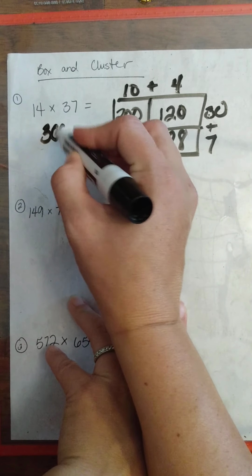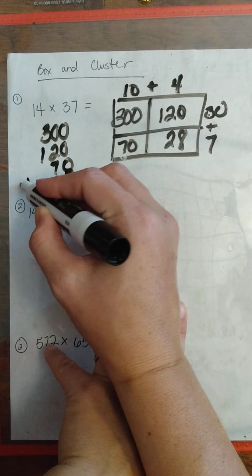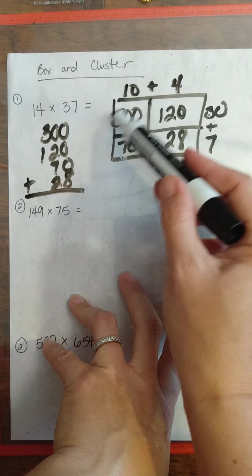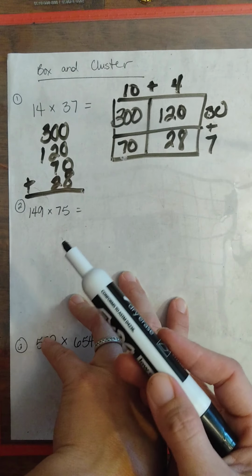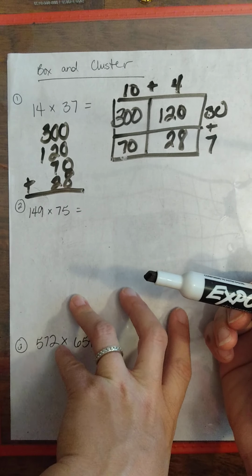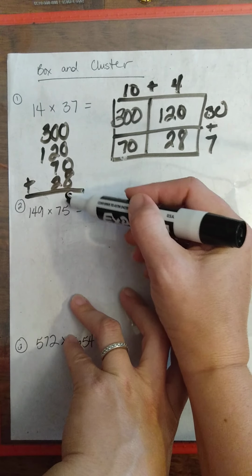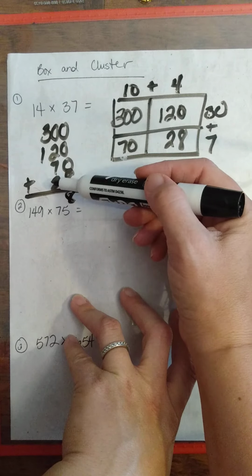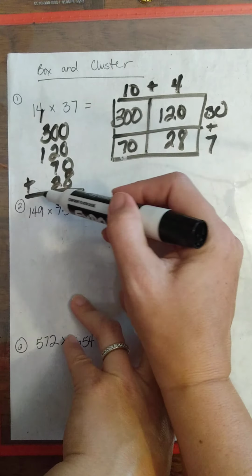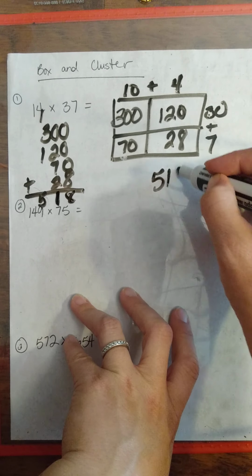To get my final answer, I need to add them. So if you are stacking and adding, I would encourage you to line up your place values. Some people get good at this and they start adding these two numbers and these two numbers in their head and then taking those two and adding them. Completely, again, up to you and your mathematician skills, but just be careful that you don't make a mistake within your math. So 8 is here. Then 7, 2, and 2 makes 11. So carrying, and 5. So our answer to 14 times 37 is